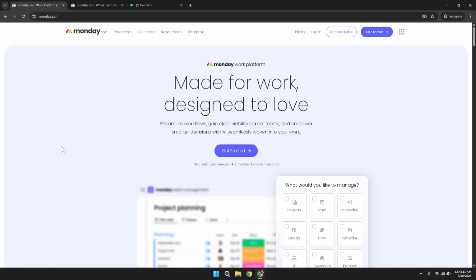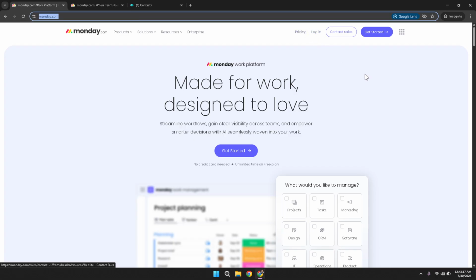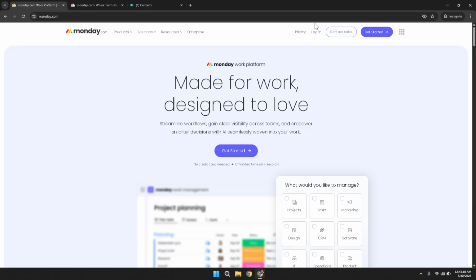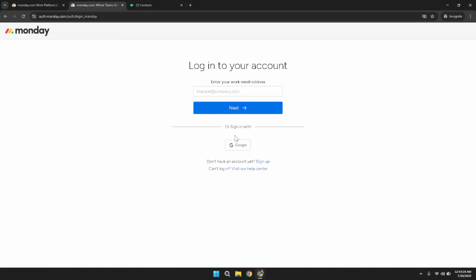out of your data. To get started, let's first navigate to monday.com. Open up your web browser and visit the monday.com homepage. Once you're there, you'll need to log in to access your account. Simply click on the login button. If you're using Google to manage your logins, this process is streamlined. Click on Google, then select your Google account from the list, and you'll be logged into your monday.com dashboard in